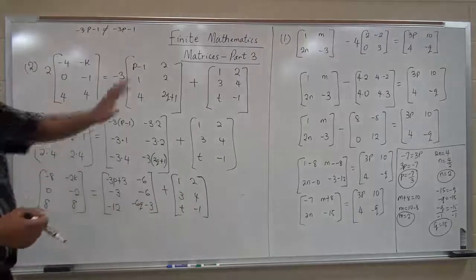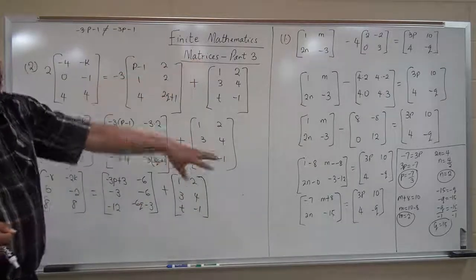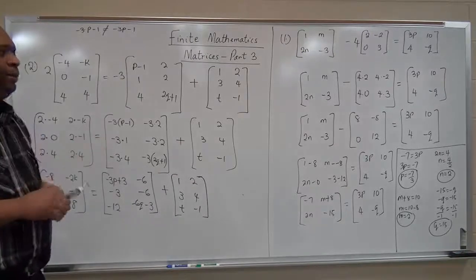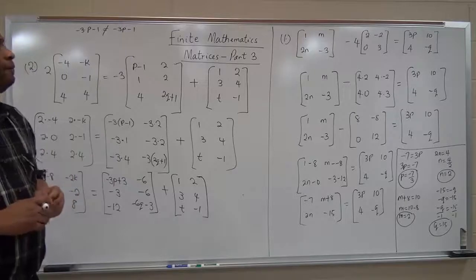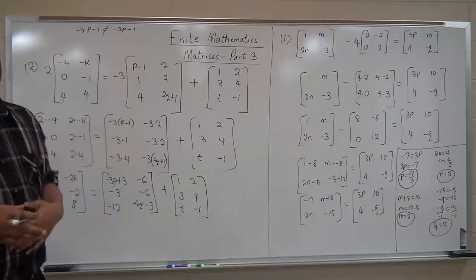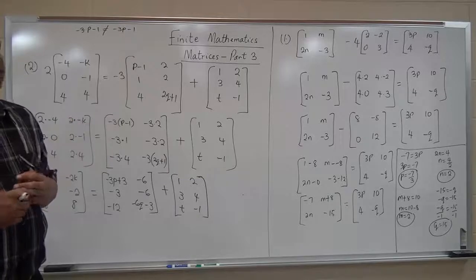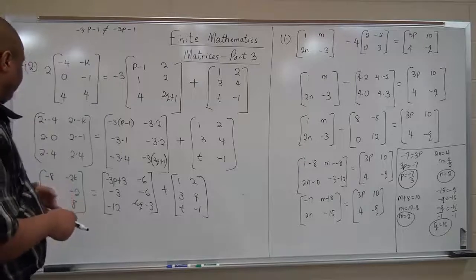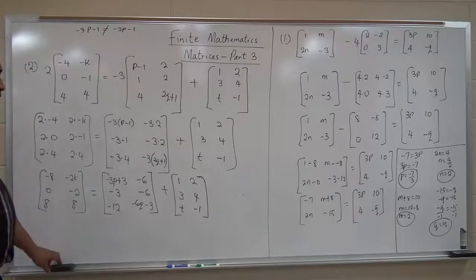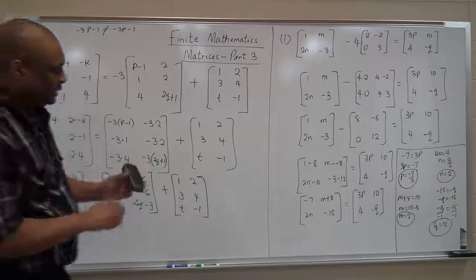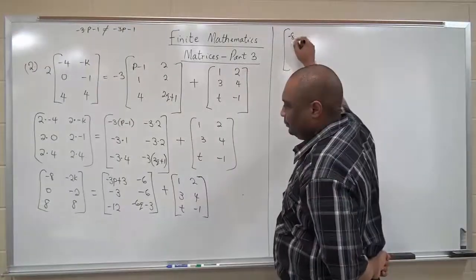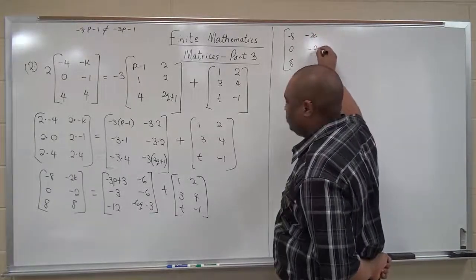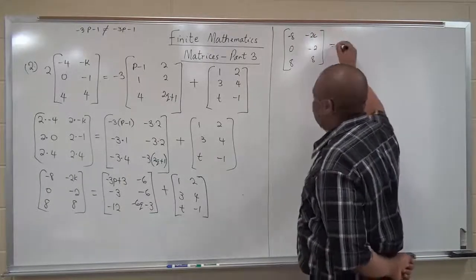Now, something we probably didn't check here, although it is correct, is to make sure that they are the same size. Remember, in the previous video we talked about it. Before you can do addition or subtraction or equality of matrices, they must be the same size. Okay? Now let's go ahead and finish this up. -8, 0, 8, -2k, -2, 8 is equal to